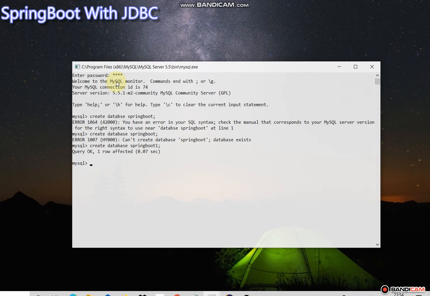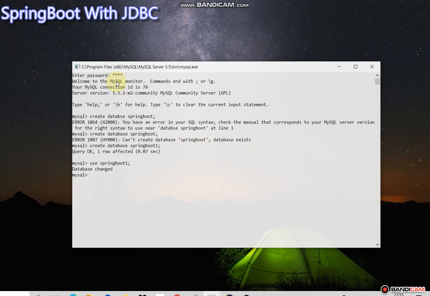Yeah, here your database has been created, but after creating the database you want to use it, so the command is use and your database name. What is our database name? Our database name is Spring Boot 1. So now you are using your Spring Boot database. Inside MySQL Server you can create multiple databases for your project, but which database has to be used for your project, you need to define by this command, use database name.